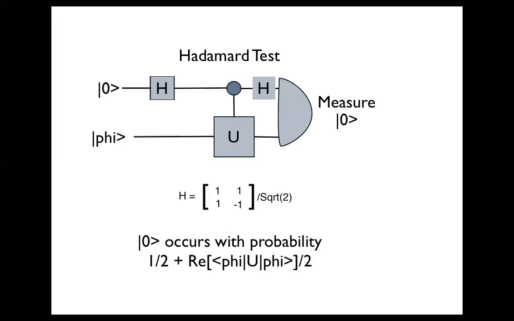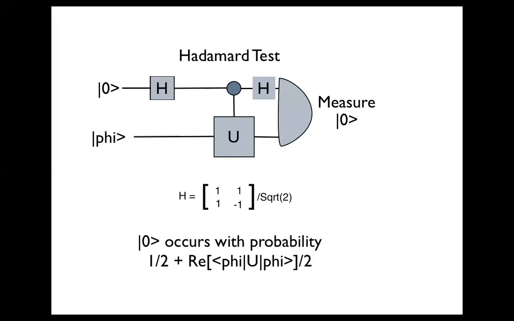I only measure that a 0 happened. And if a 0 happened, I write it down in my statistics, and I keep track of the proportion of zeros. And I run this algorithm again and again and again with the given input. And then what you will find is that 0 will occur with probability